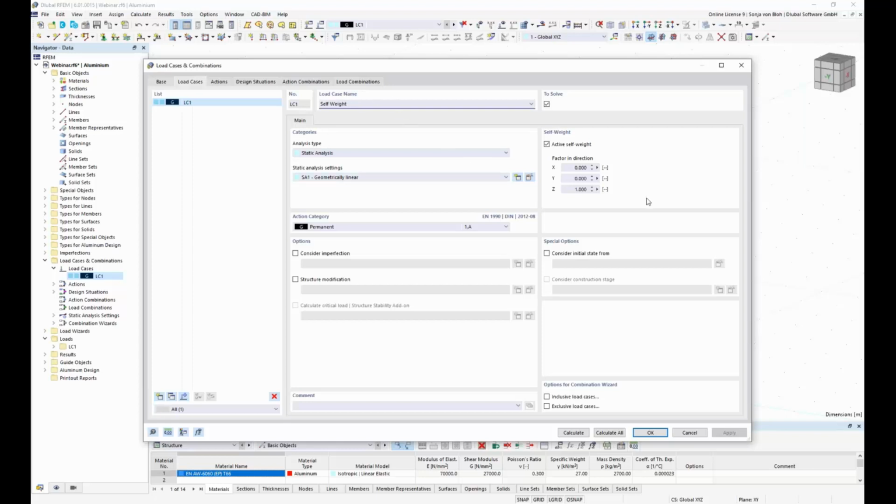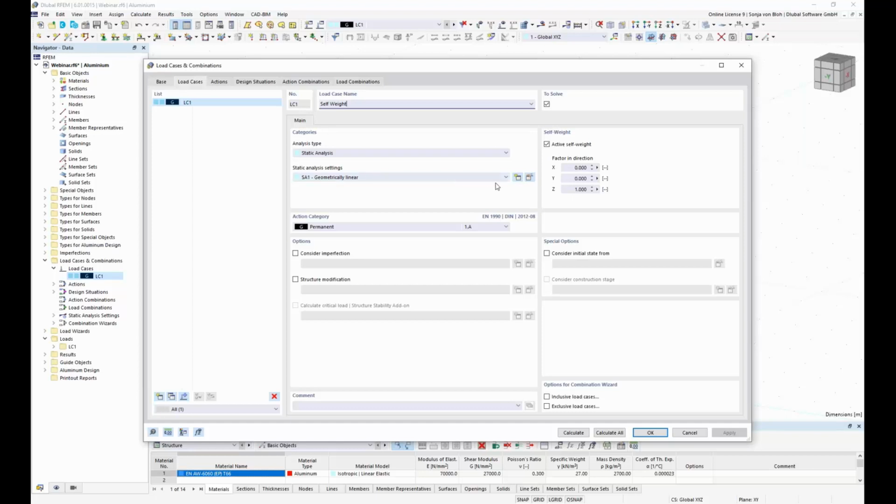And the self-weight active checkbox is already activated here, so that the self-weight of the structure is automatically generated as a load. In the static analysis setting here,